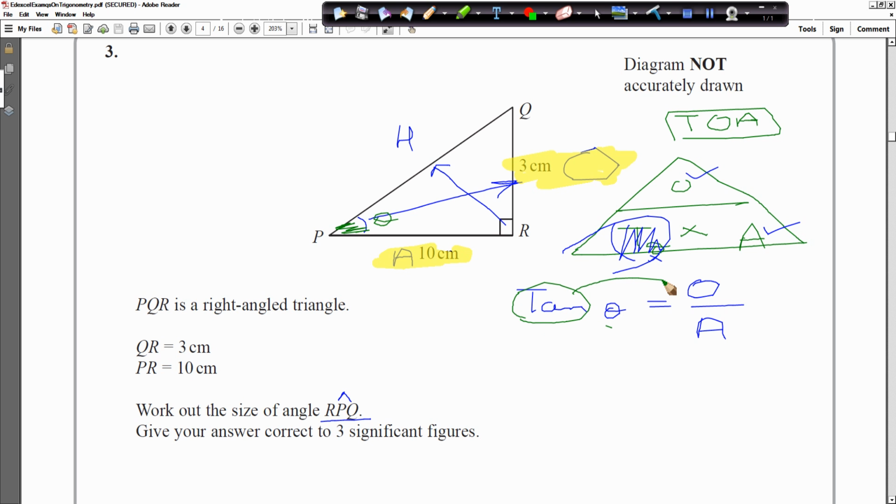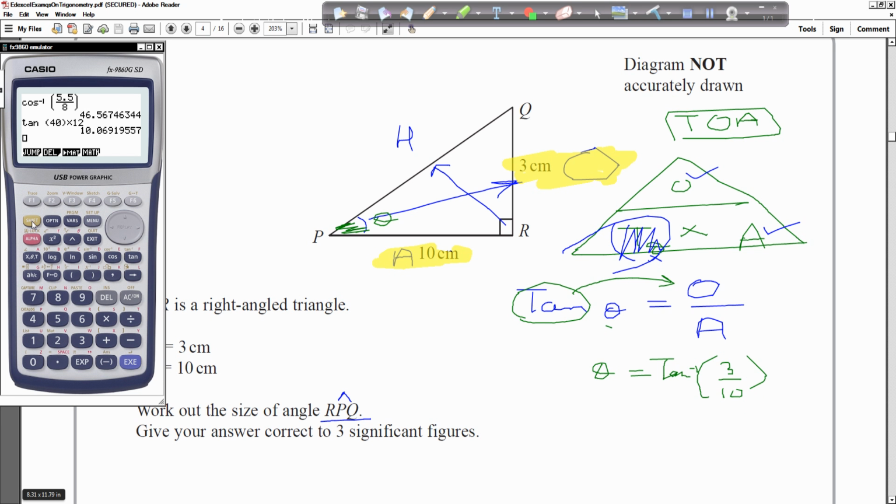It would be tan minus 1. That's right. So the angle is equal to? Tan minus 1. And in the brackets it would be 3 over 10. Okay, it's O over A always, we could just put that straight in, miss one step. 3 over 10. And now I got